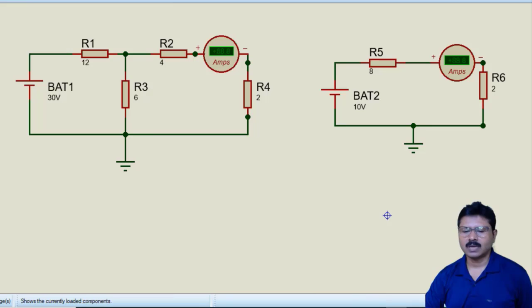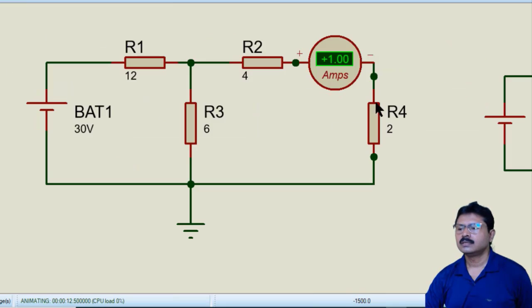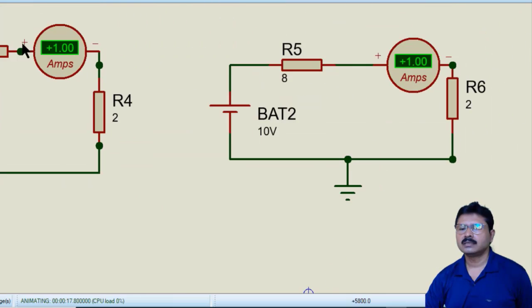So I am running this. Say at this moment here nothing is showing, also here nothing is showing. Look at this point. Now say the ammeter is showing 1 ampere, here the ammeter is showing 1 ampere. Main circuit, the ammeter is showing 1 ampere. This is the equivalent circuit, the ammeter is showing 1 ampere. So we can say yes, the Thevenin's theorem has been proved.